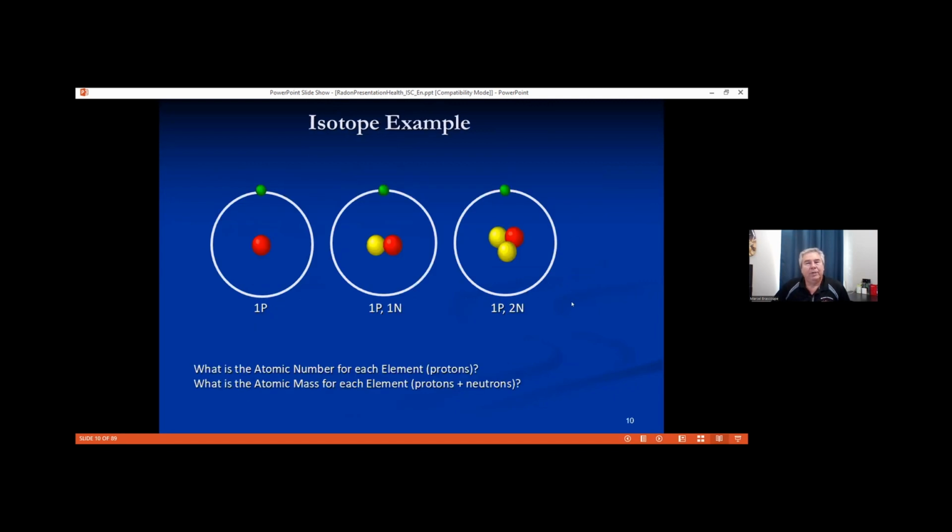So here's an example of an isotope, and it has one proton. The red marble has a proton on the left here. The middle one has one neutron and one proton, and the one to the right has one proton and two neutrons. If we were to look at the periodic table, this would be an example of a hydrogen atom because it has one proton. So it's an isotope of the hydrogen atom, and the difference between them is the number of neutrons. The atomic number would be 1. Atomic mass would be 1 in this case here, 2 here, and 3 here to the right.